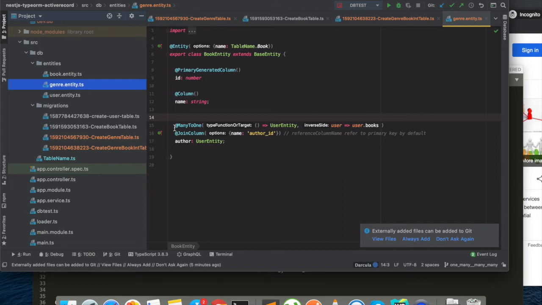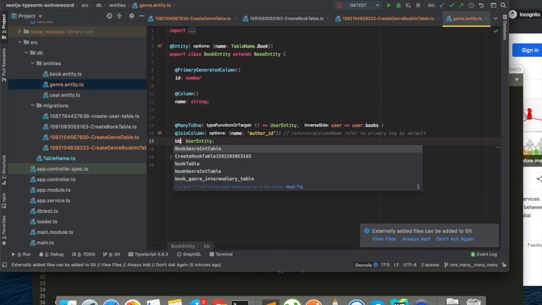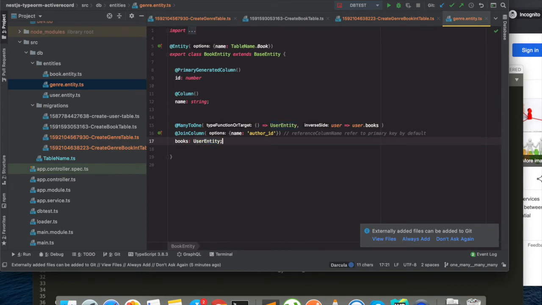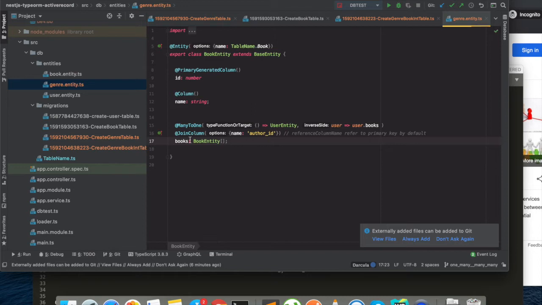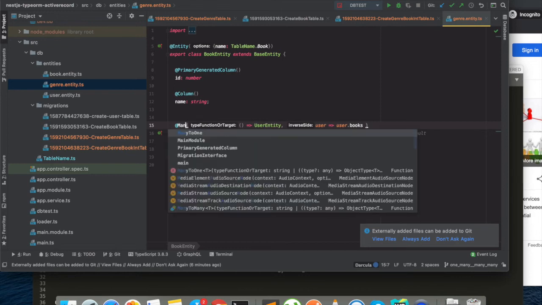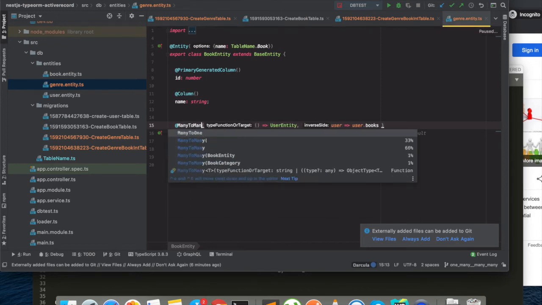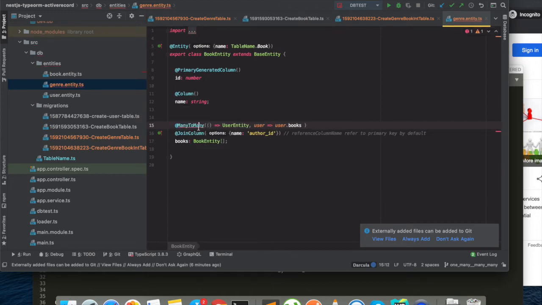So now genre will have multiple books, right? So it would be books with book entity of type array, right? So now instead of many to one, it would be many to many, and this would be your book entity, and on the inverse side, book will have multiple genres, right?